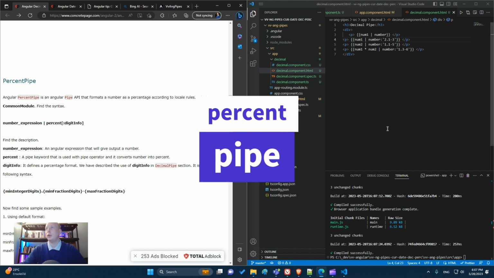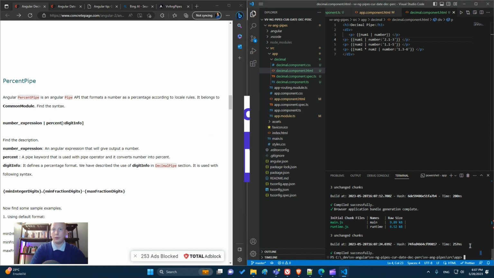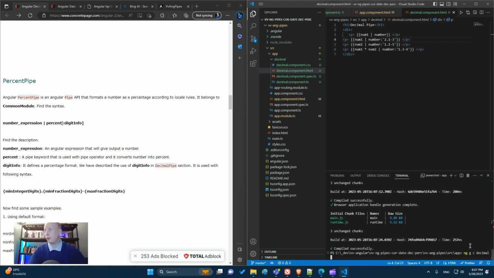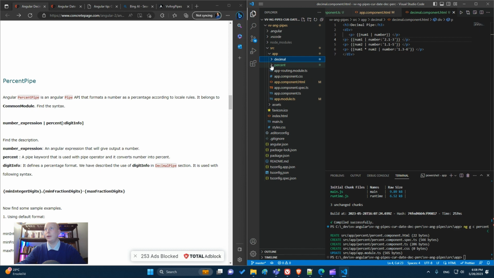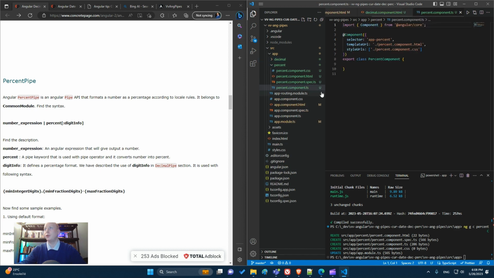The percent pipe, okay. So ng g c percent, it will create a component for percent. So here it is. Let's check the controller.